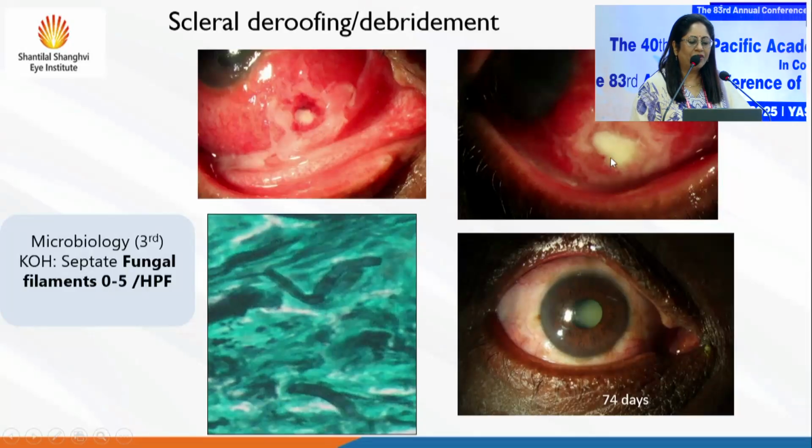And at this point, when we took material from here, luckily for us, this was the third scraping, the microbiology showed fungal filaments. By this time we had gotten smarter, and we sent a lot of tissue to the pathology department as well, and they could isolate these nice big fat fungal filaments which are happily growing in there. So luckily, once we got the diagnosis of fungus from microbiology and pathology, we could start the patient on antifungals, and we had a remarkable resolution for this patient.